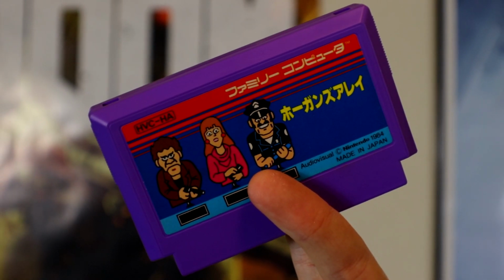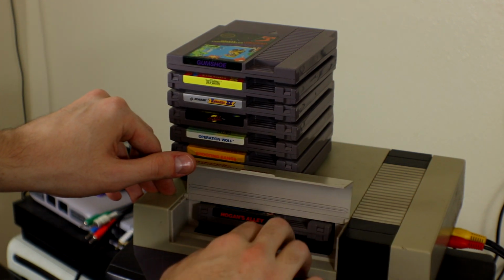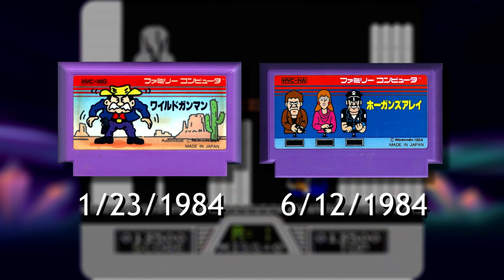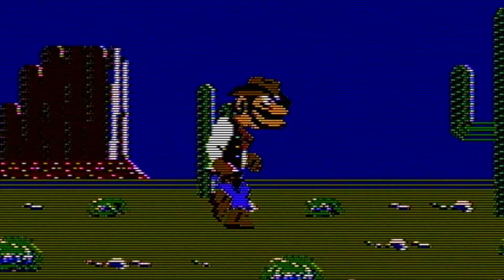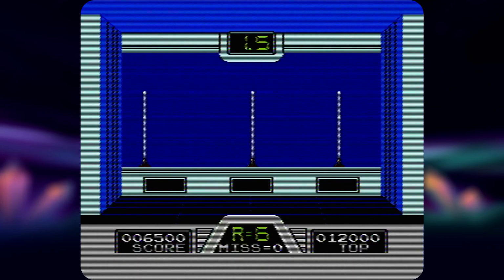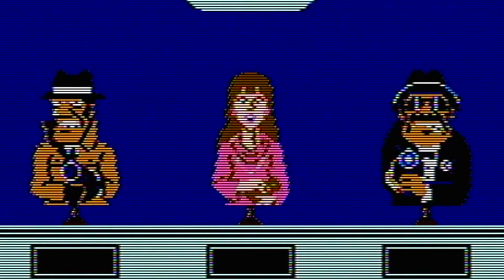Another game that debuted on the Famicom is Hogan's Alley. In fact, this one and Wild Gunman share a lot of similarities with one another, and could even be considered sister games, despite releasing 6 months apart. Instead of blasting live cowboys, it's all about shooting cardboard cutouts. You're given a lineup with 3 indistinguishable targets which reveal themselves in the blink of an eye,